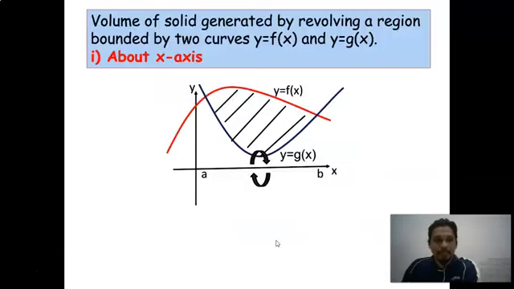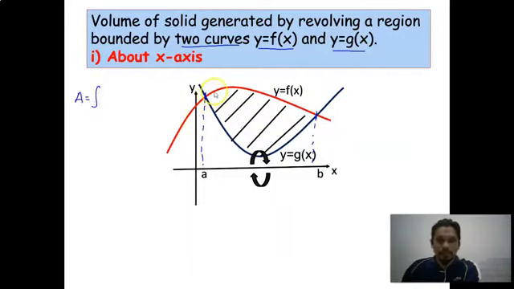So a volume of solid generated by revolving a region bounded by the two curves y equal to f(x) and y equal to g(x). Look at this one here now. To find the area of this, we need to find the intersection points between this and this. And from previous knowledge, to find the area between these two curves, we come up with A equal to